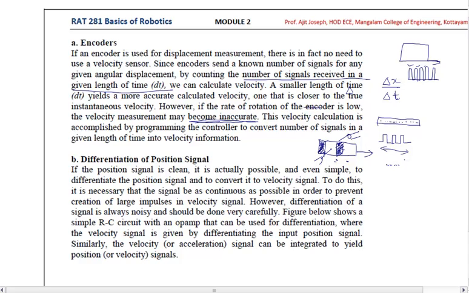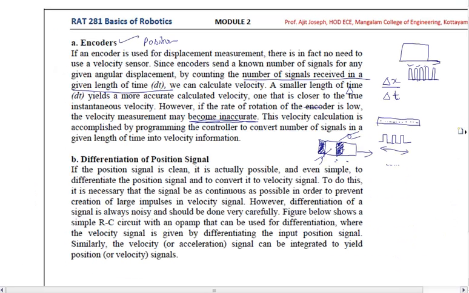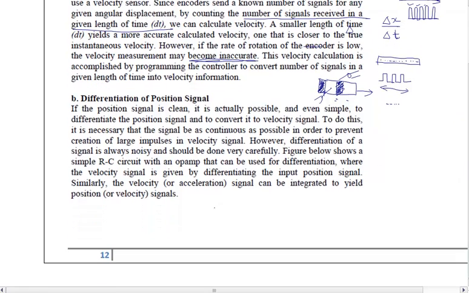Okay, so how do you calculate that? As I told you, the physical sensor is the same. The encoders that we have discussed for position or displacement sensing are the same. The signal coming from there is taken and used in the controller to calculate the velocity using this formula. That means how many pulses within a duration of time will be used for calculating the velocity. Okay, now there is another way, and that is a very unique and very intriguing way.